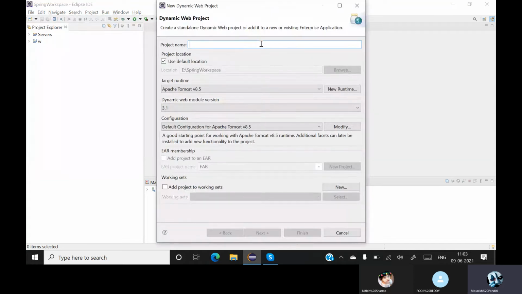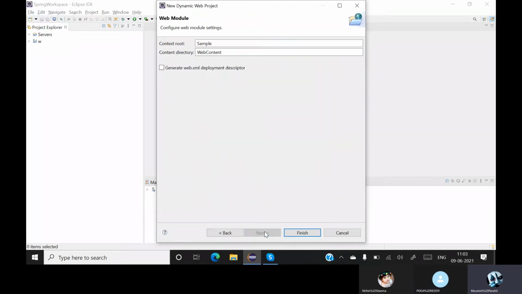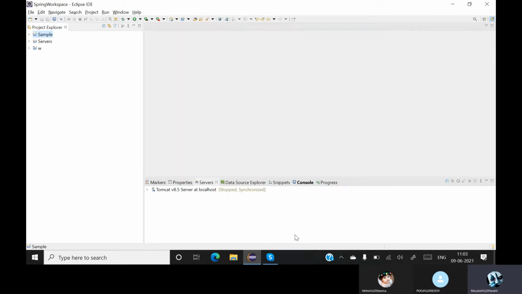Give me a project name. Let's take sample. I think it also already exists. Click on generate, click on finish. Yes, sample does not exist.